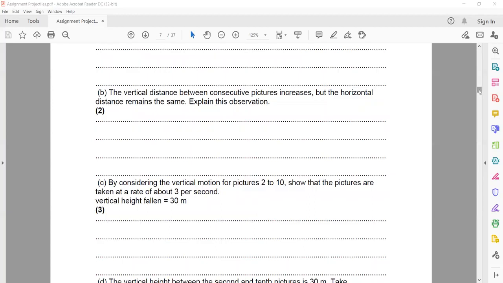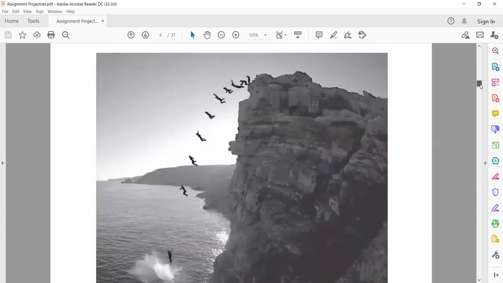How is it 8? Look, you got the time interval from the second picture to the 10th picture. The second is already there; this is the starting picture. Now the time interval starts from here. When it is the second picture, time is equal to 0, and when it is at the 10th picture, time is equal to 2.47 seconds. So how many pictures are taken from the second picture to the 10th? This is the first picture, second, third, fourth, fifth, sixth, seventh, and